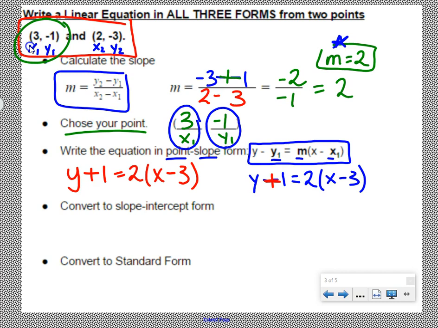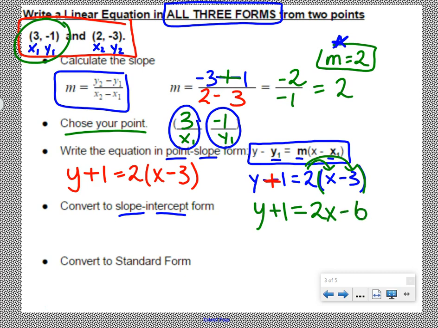Now the next step, because again we need to write it in all three forms, to get it to slope-intercept form, we're going to convert. We're going to use the point-slope form and we're going to change it. So the first thing we can do is distribute that 2. So we have y plus 1 comes down equals 2 times x, which is 2x, and then 2 times -3